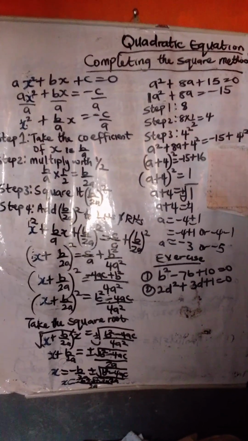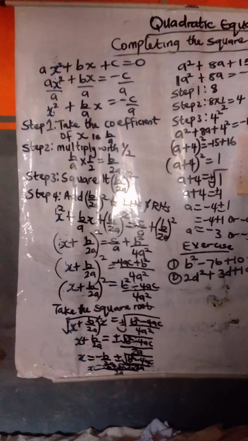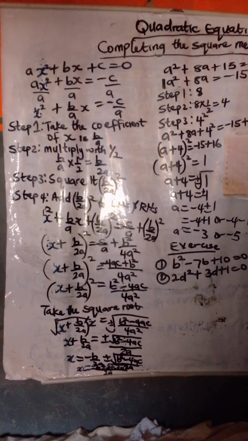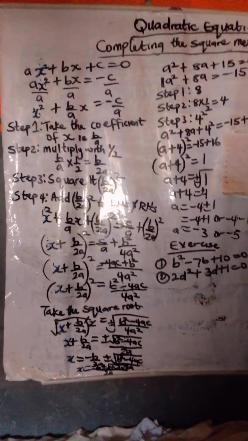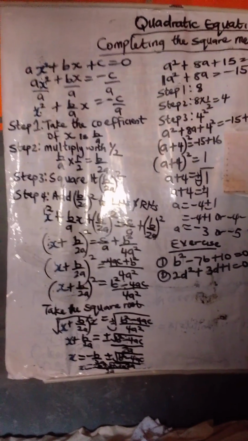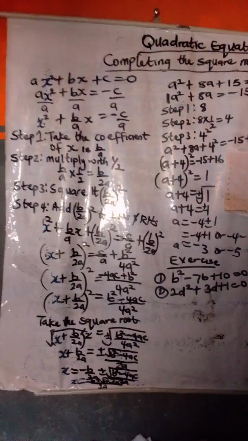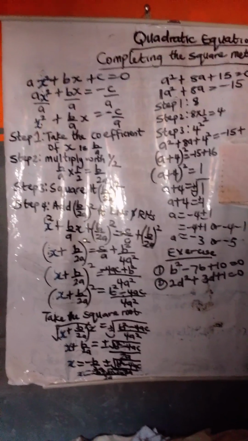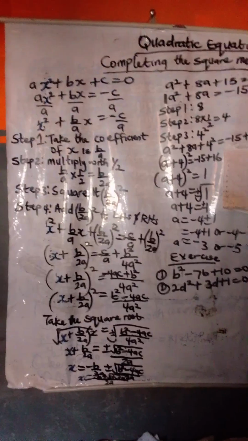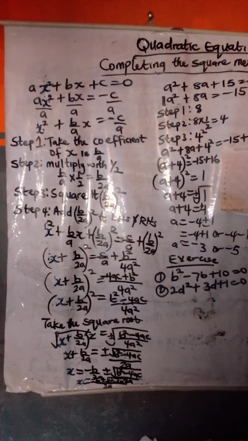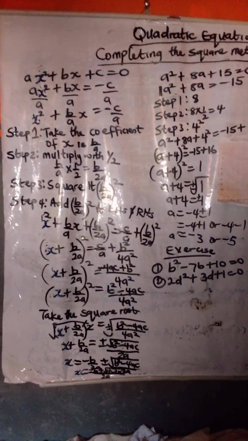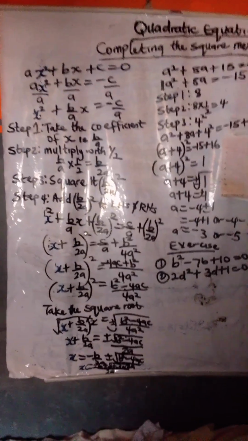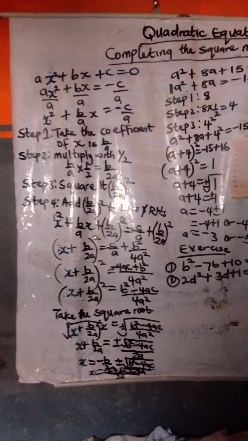From the LCM, 4a squared divided by a will give us minus 4ac plus b squared. Then you rearrange. When you rearrange, it's going to give us b squared minus 4ac. Then you take the square root. When you take the square root, the square will cancel the square root. Then you have x plus b over 2a equals plus or minus the square root of b squared minus 4ac